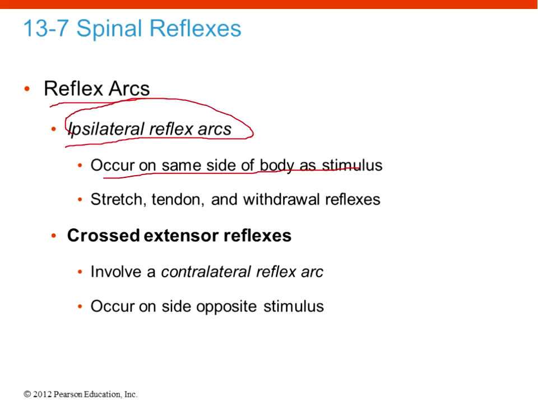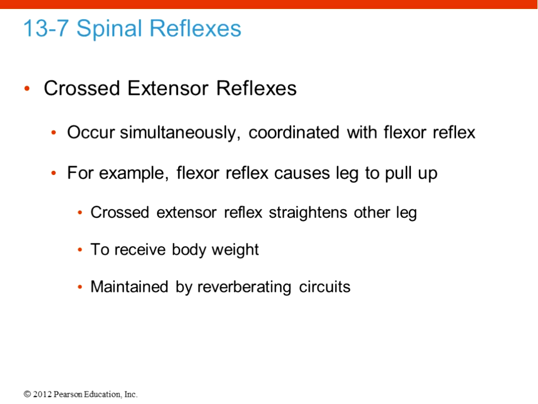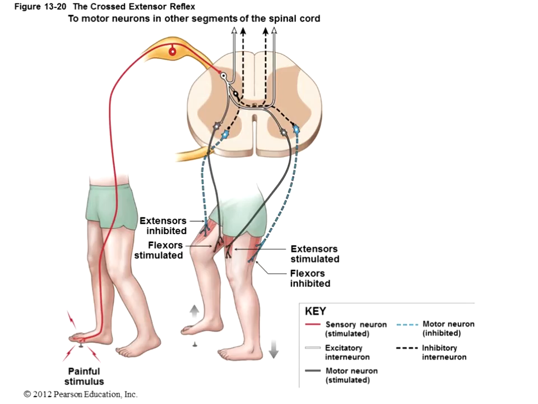But there are occasions where we need what we call a contralateral reflex arc, where it actually crosses over to the other side of the body, okay? And a cross-extensor reflex typically occurs simultaneously, coordinated with that flexor reflex, okay? And so a great example of that